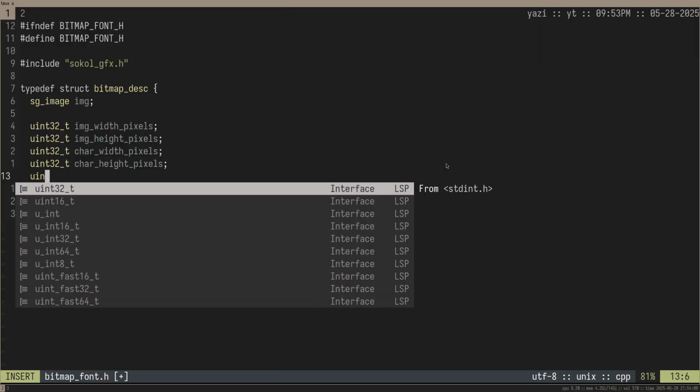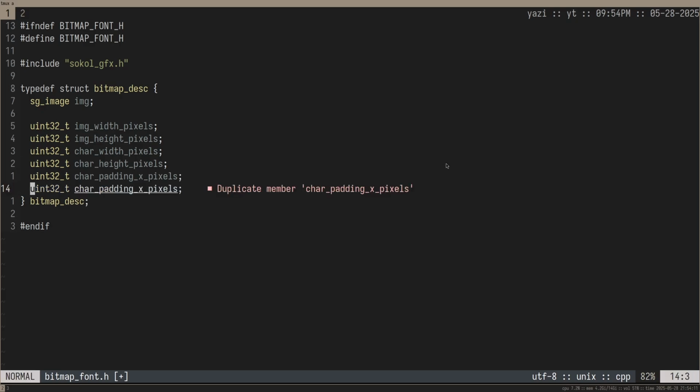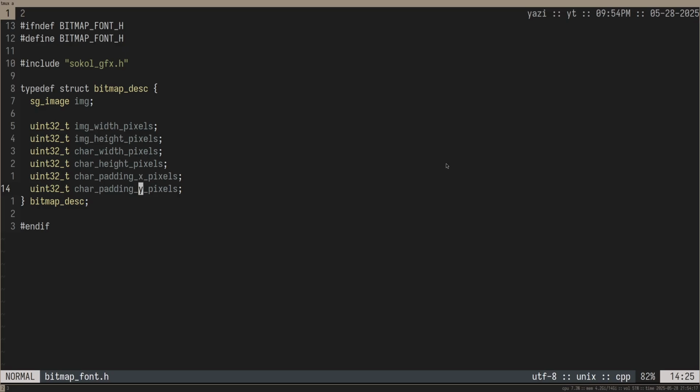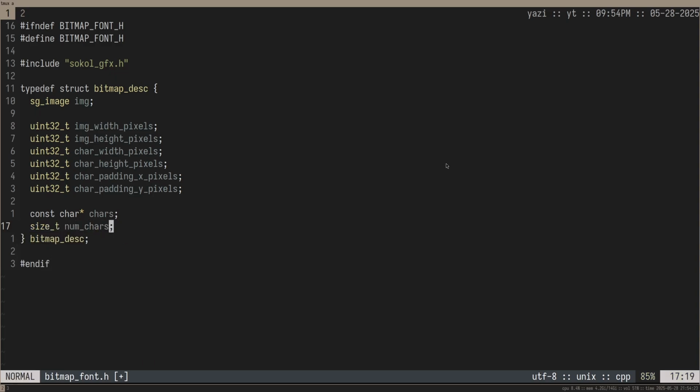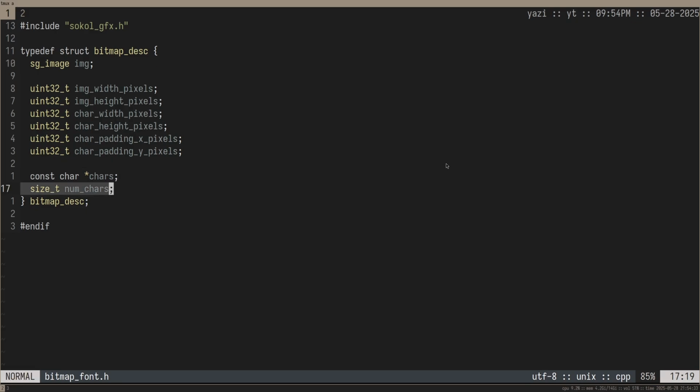So I'll just do uint32_t char padding pixels like this. So this should be padding x, and then we should have padding y like this. And then we need a couple other things. So we need the const char chars, and we need size_t num_chars, which I'll explain more in detail in a bit, but this is basically just going to be the list of characters in order that are listed on the atlas, and this is going to be the number of those characters that are in